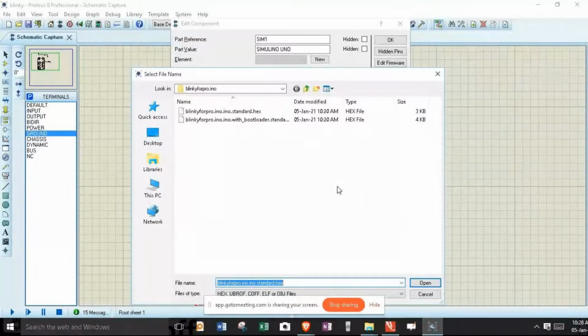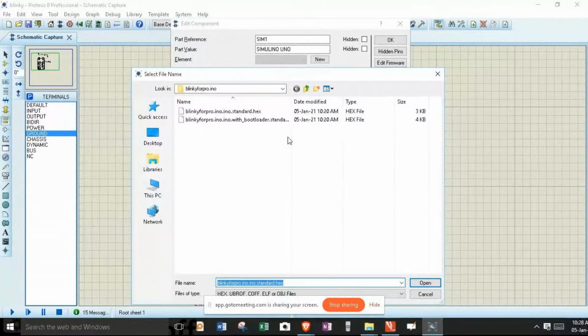So here, all I've got to do is hit on this browse button and select this Blinky for Proteus standard.hex file. Okay, now I hope everyone can see my screen.